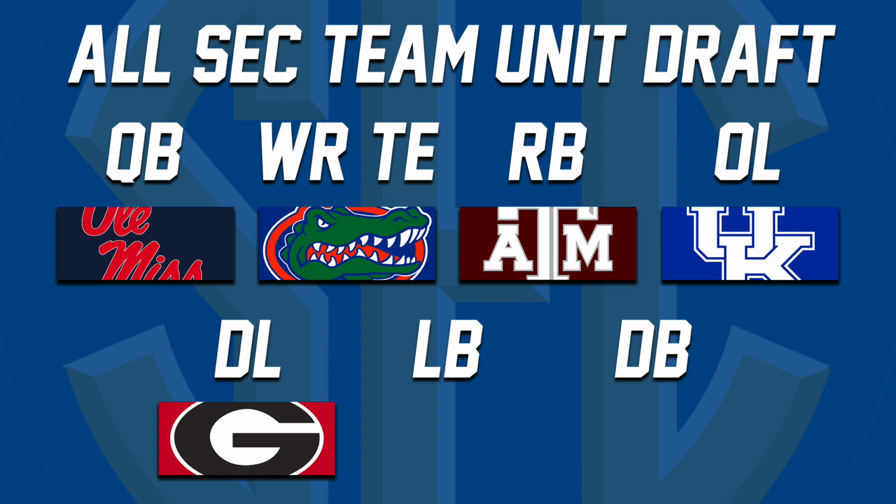This D-line is going to be lethal this season. Impossible to rush against. They're going to get after the quarterback, and it was the easiest decision over JT Daniels at quarterback, over Georgia's running back room, over Georgia's wide receiver and tight end room, over all of these things, Georgia's DBs, Georgia's linebackers. D-line was the easiest choice for Georgia, so I stuck them there.